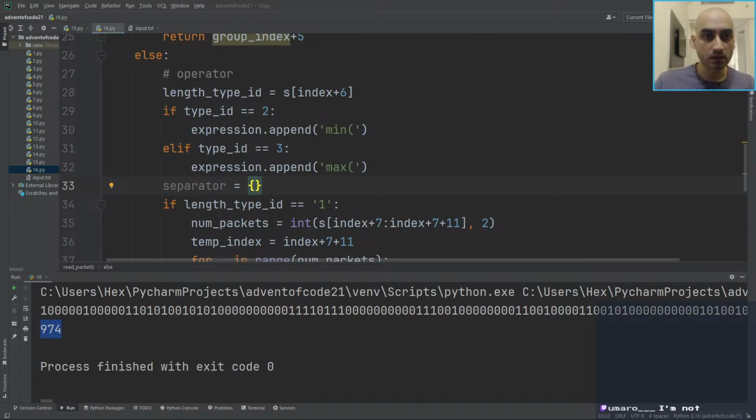So if it's 0 we do plus, if it's 1 we do star, if it's 2 we do comma, if it's 3 we also do comma,